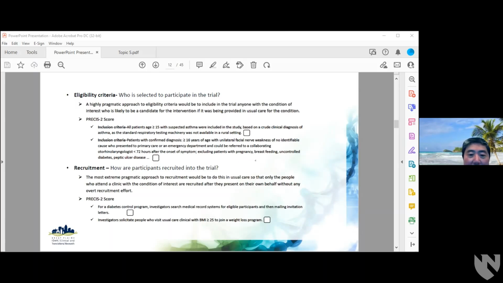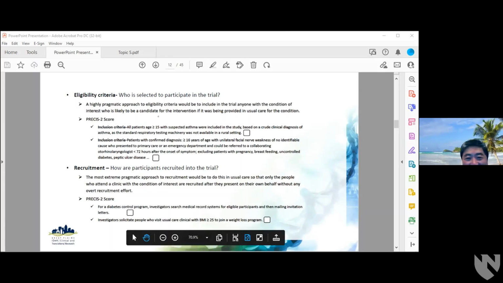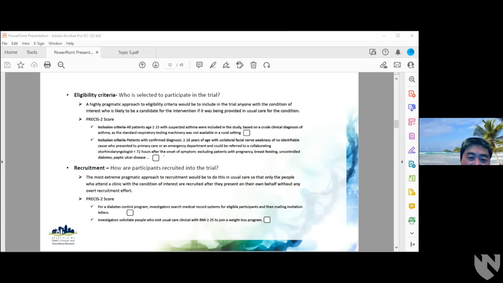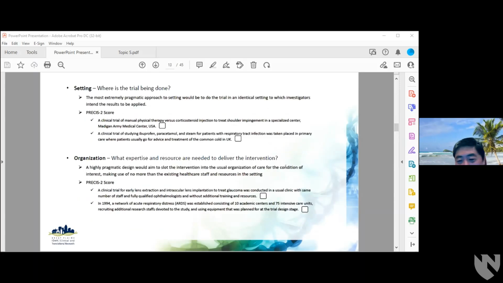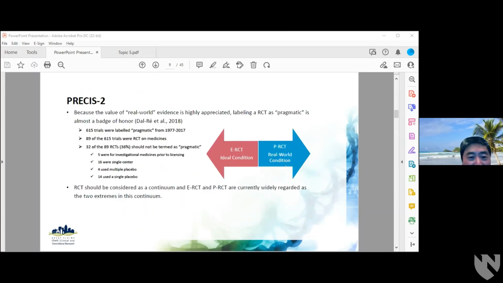So anyway, that's the eligibility criteria. I think you guys got a pretty good sense of the pragmatic and the exploratory. So the next one, let's see. I don't know whether I have enough time to do all the exercises. If I just do a couple of these,